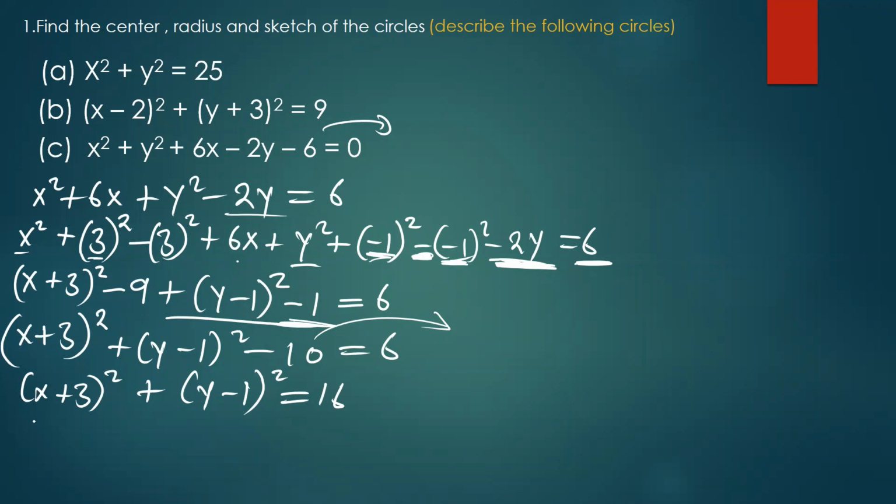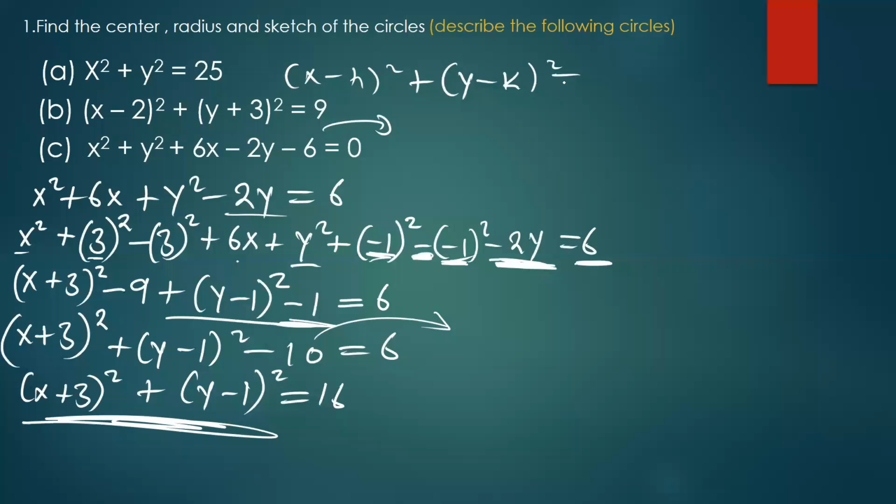So when you look at this equation, isn't it in the format that we earlier discussed in the first slide, which is x minus h squared plus y minus k squared is equal to r squared? Yeah, so if you check this,